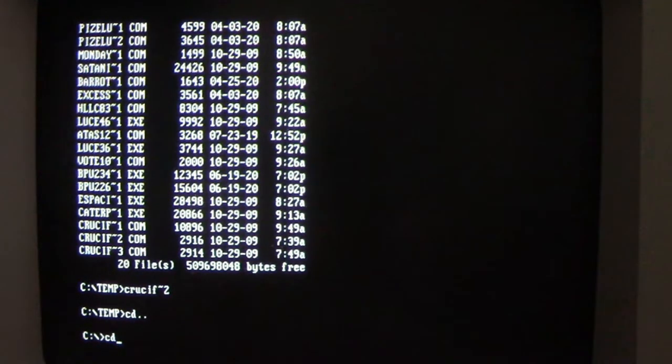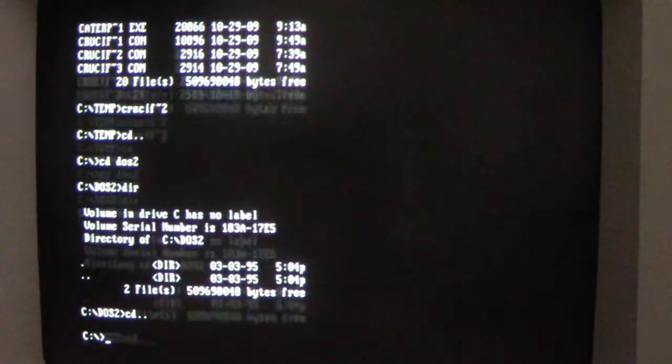Unlike most viruses that infect files using interrupt 21 when they're accessed, what Crucifixion does is that it monitors when a file is either created, like say if I made a new word processor document in Microsoft Works and saved it, or if I copied a file, it would then infect that as well. And it won't just infect the target file if I do a copy, it will infect both the source and the target copy. So let me go into DOS2,